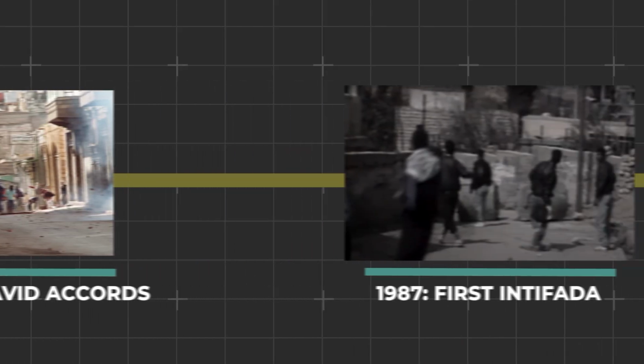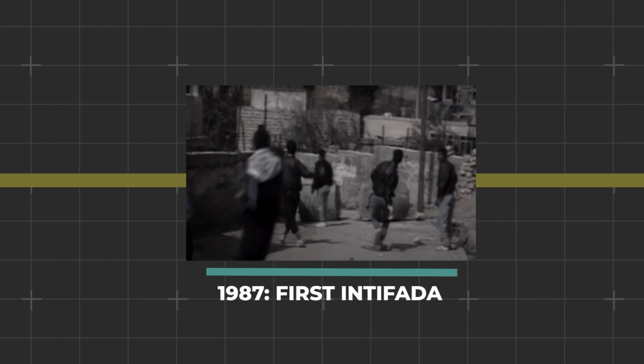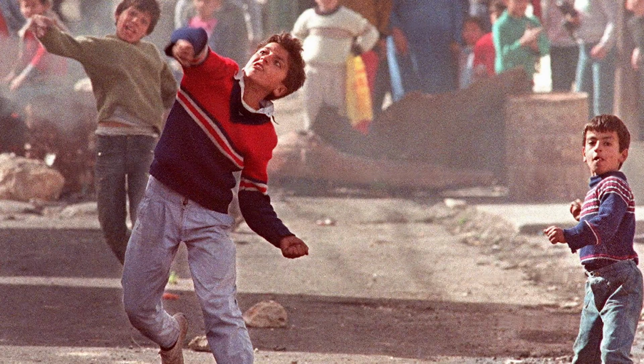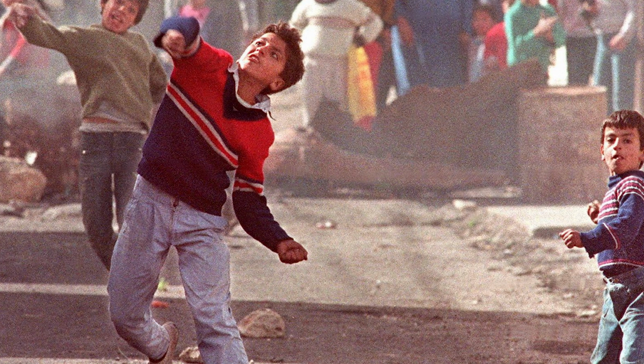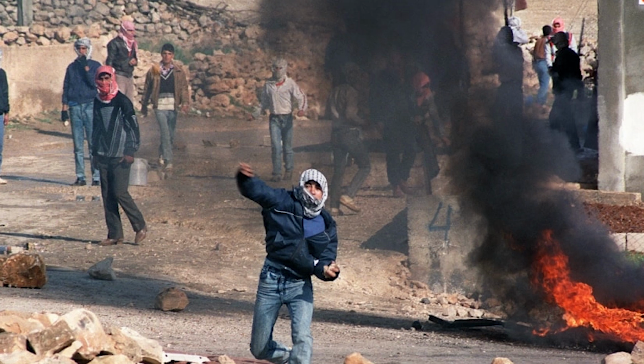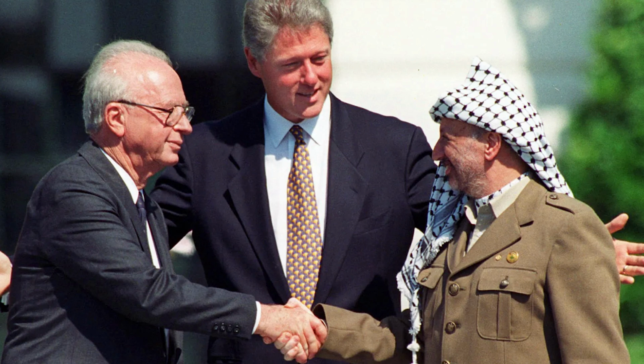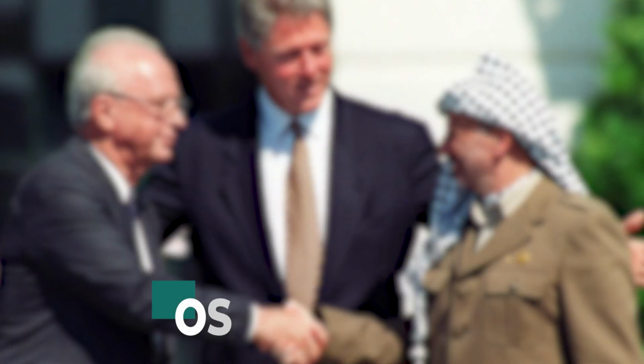By the late 1980s, the Palestinian frustration had reached a boiling point, leading to the First Intifada in 1987. This uprising was characterized by widespread civil disobedience, protests and clashes with the Israeli military in the West Bank and Gaza Strip. Images of youths throwing stones at tanks became symbols of Palestinian resistance, while the conflict drew international attention to their plight. The First Intifada eventually led to the Oslo Accords in the 1990s, a peace process that offered